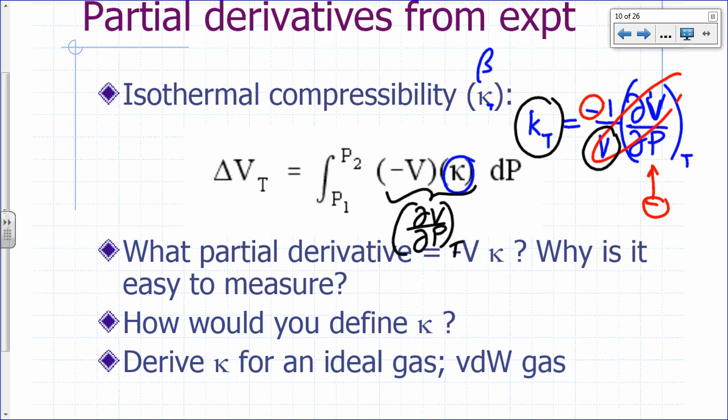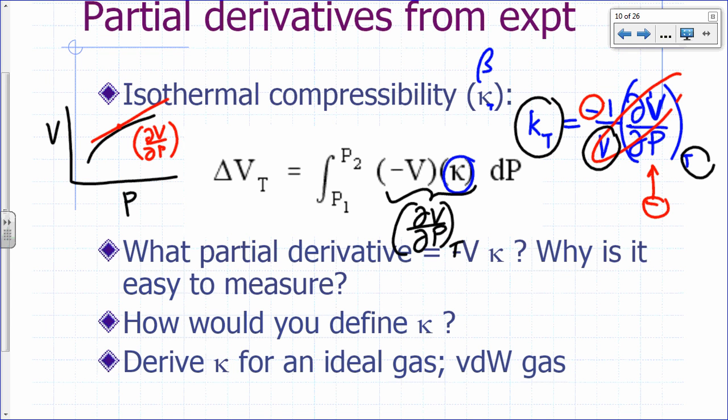All right, so how are we going to measure that in the lab? Well, temperature is easy to control, right? So you can just measure the volume at different pressures. If you were to plot volume versus pressure, let's say you have a general curve that looks like that, what would be your kappa? If you pick a point there, the slope of that would be equal to the partial derivative of what? V with respect to P. And assuming this is an isotherm,